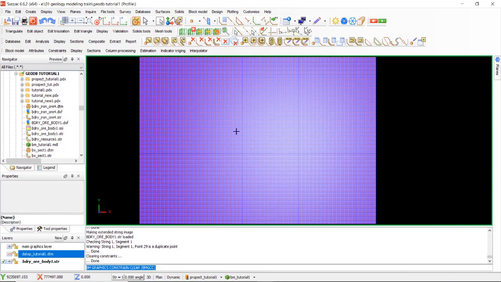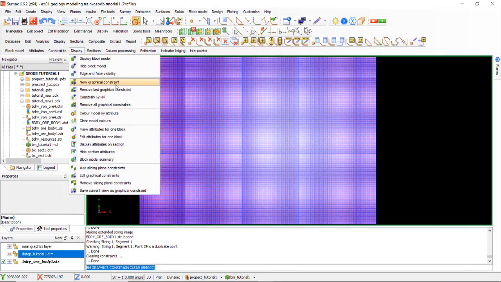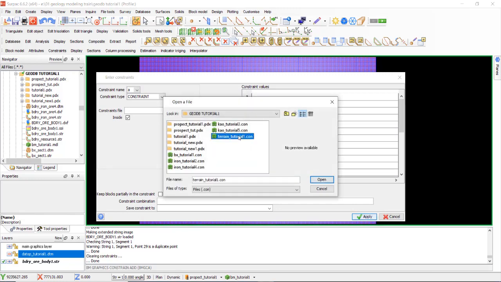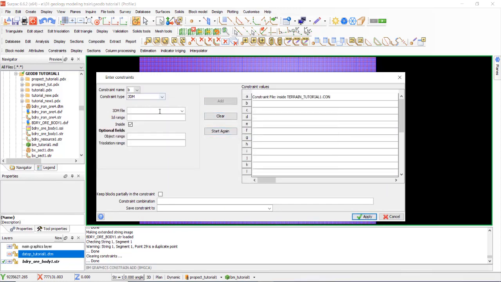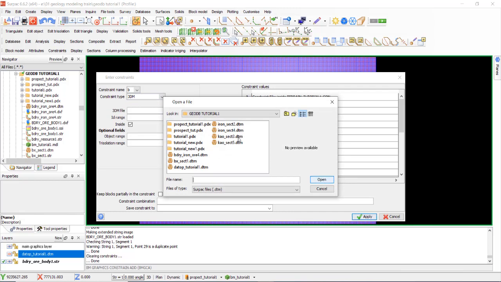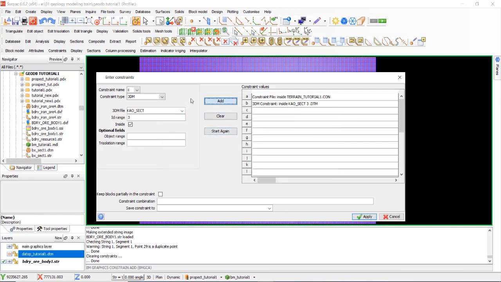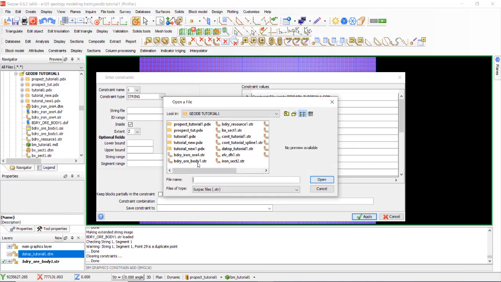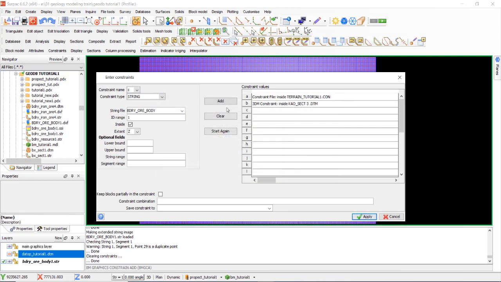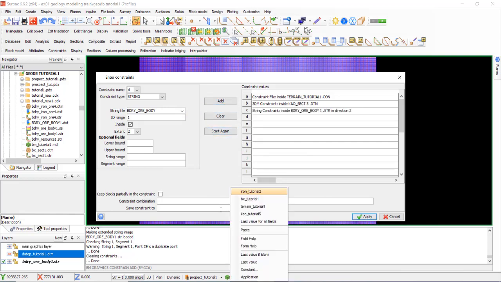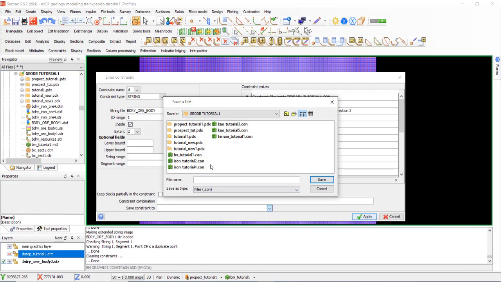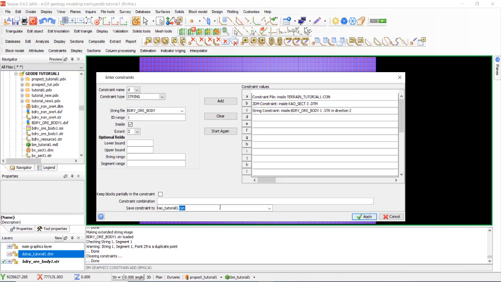Next, remove all graphical. Start new graphical constraint to terrain. Select 3DM for layer 3, which is KO. Select string, boundary of the body, add. Layer 3 KO. Apply.